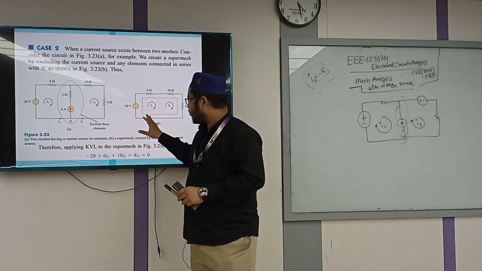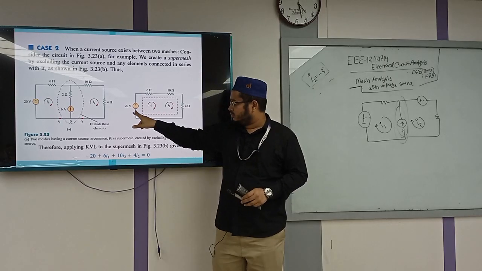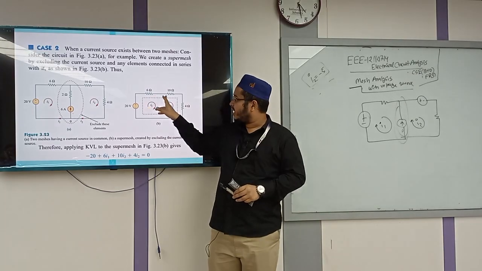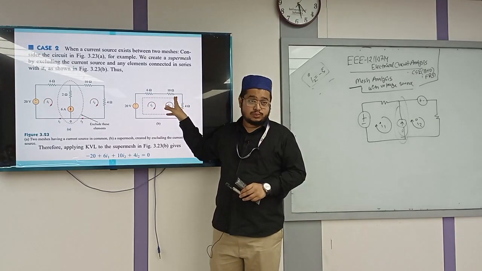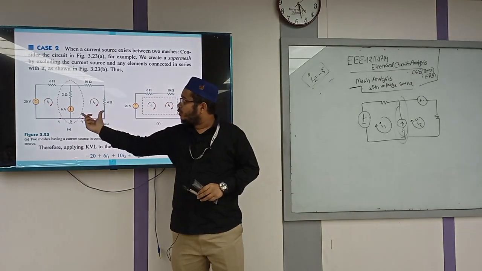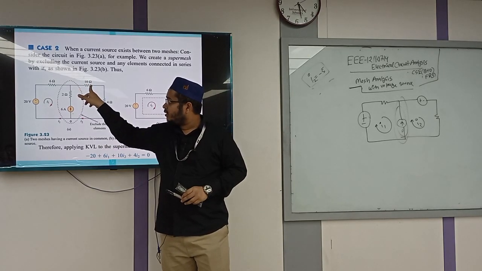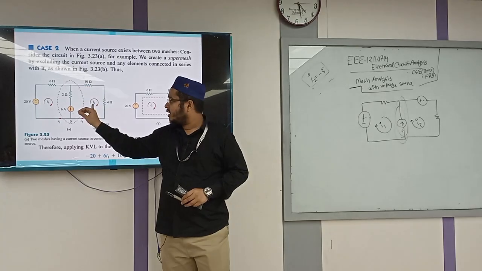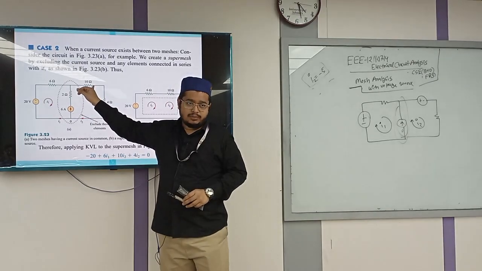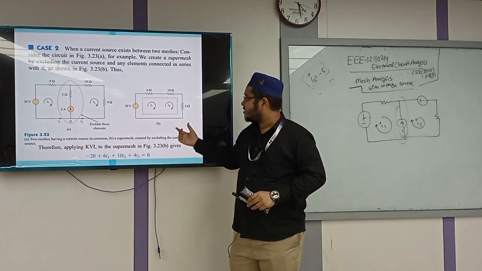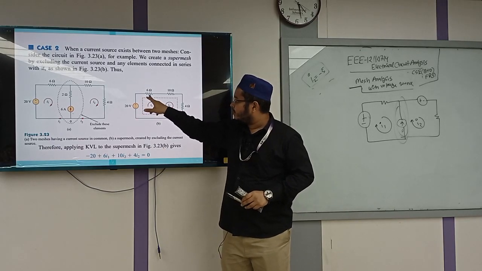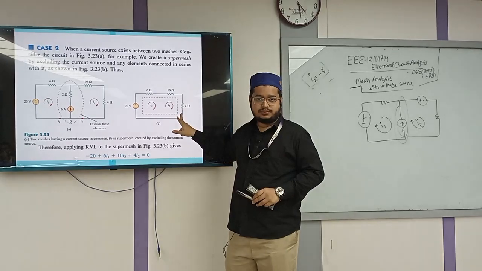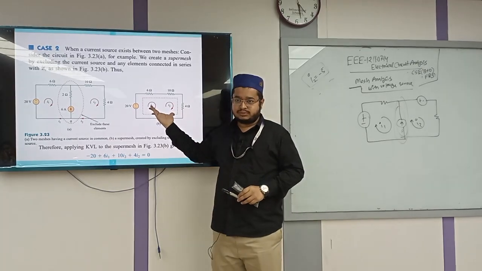So from this circuit we can say -20 plus 6I1 plus 10I2. 10I2, because the 10 ohm resistance was connected in the second mesh, so the I2 will be flowing through the 10 ohm resistance. So -20 plus 6I1 plus 10I2 plus 4I2. This will be our equation. Okay,